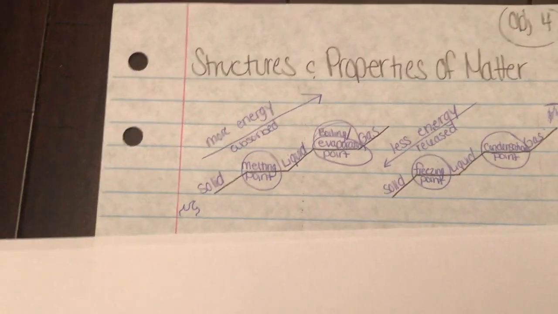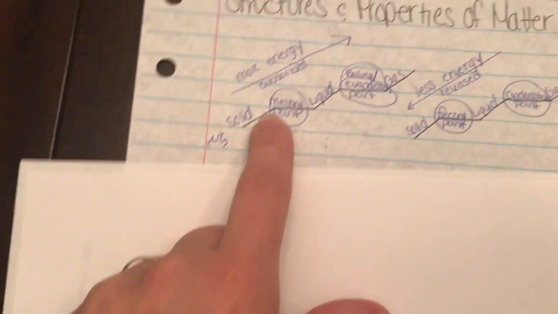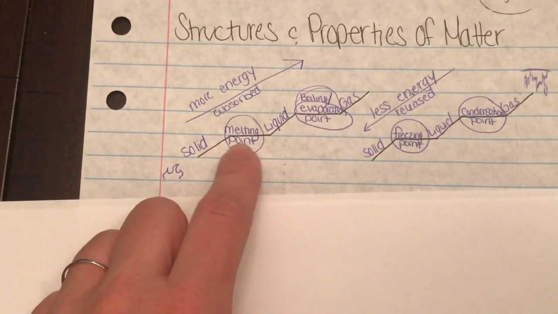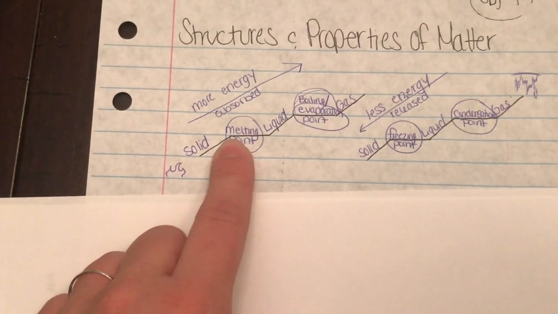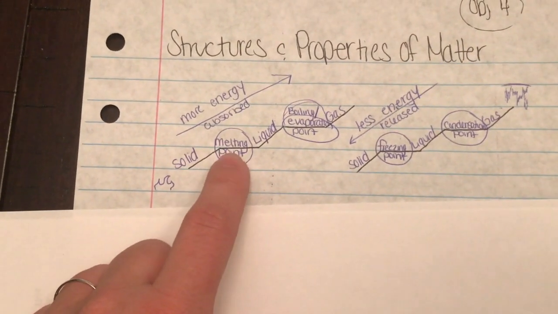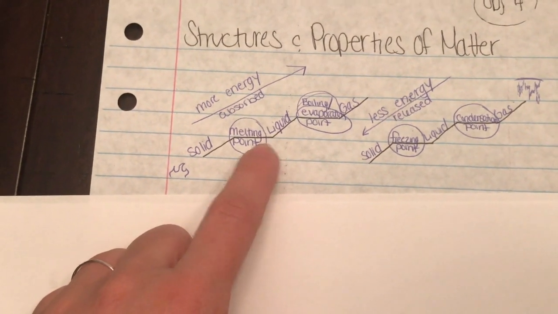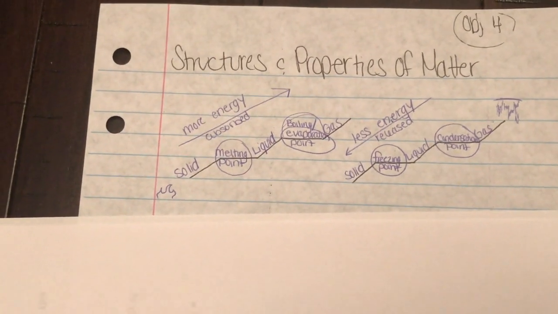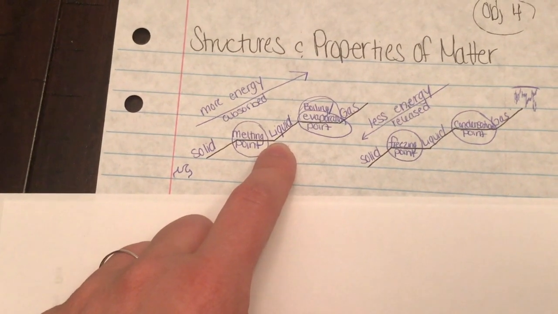Phase change diagrams. So as I increase temperature and time in a solid, eventually I'm going to get to a point where, if I'm adding energy like heat, I'm going to actually melt that solid. So I have some ice cubes, I'm adding heat to it, eventually they're going to get to a point where they melt. When they're actually at that point, their temperature stays really consistent, but again, I need time in order for this to all happen. So as it's melting, I'm going to have a little bit of solid, I'm going to have a little bit of liquid as it's melting,